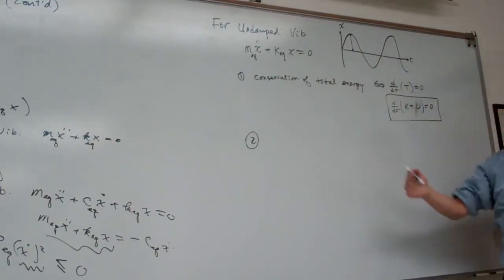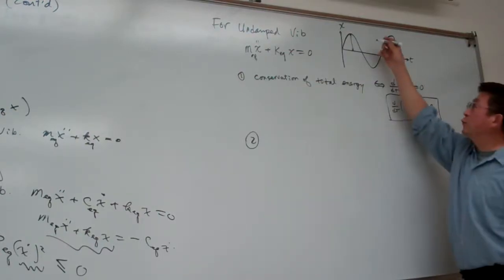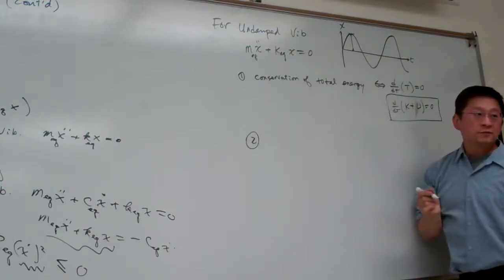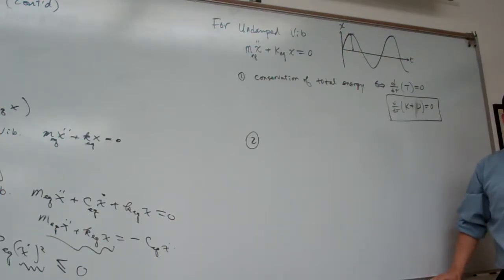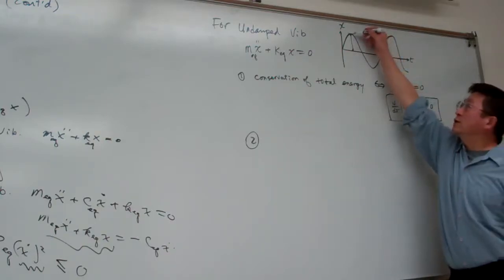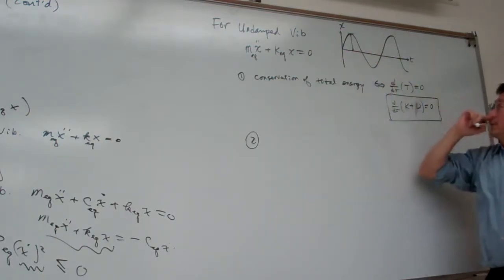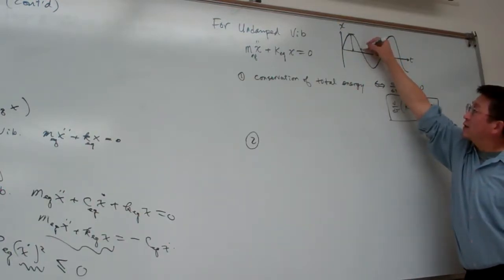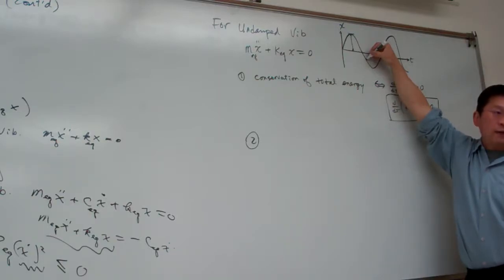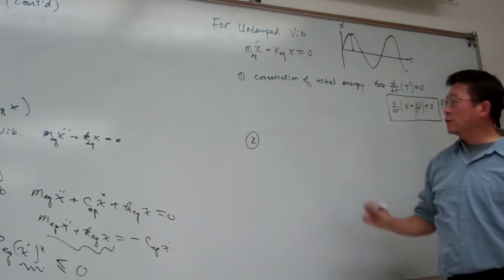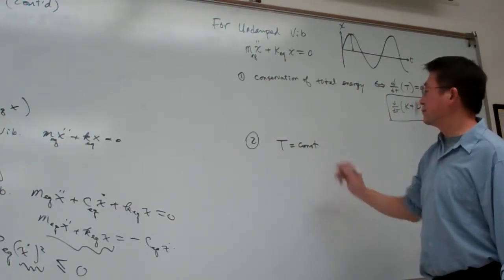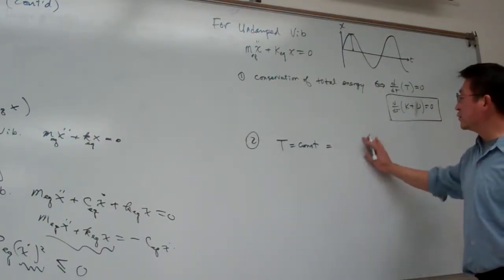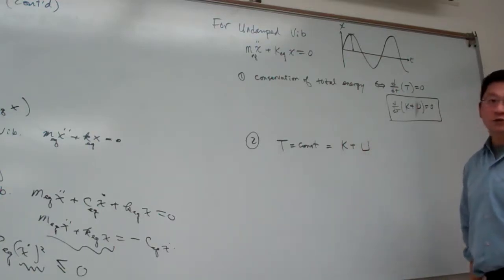That represents the maximum deformation of the spring, at which point the slope equals 0. So corresponding to the maximum deformation, we have the maximum potential energy, at which the kinetic energy equals 0. Again, at another point, the slope is maximum, which means the velocity is maximum when x equals 0, no deformation. Because the total energy is constant and also equal to the kinetic energy plus potential energy,